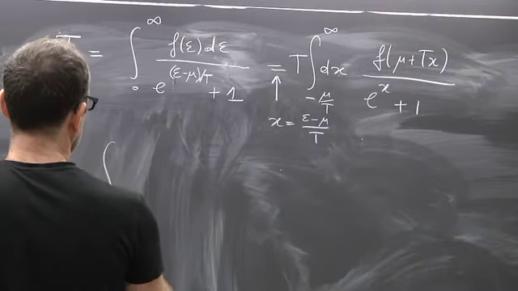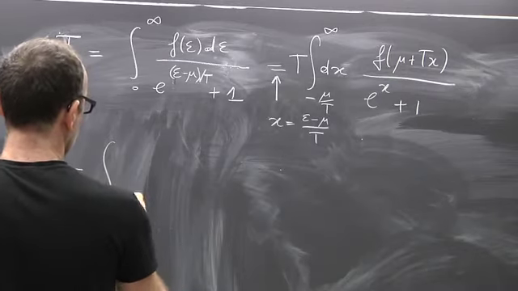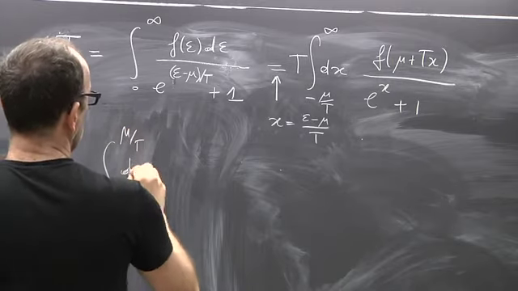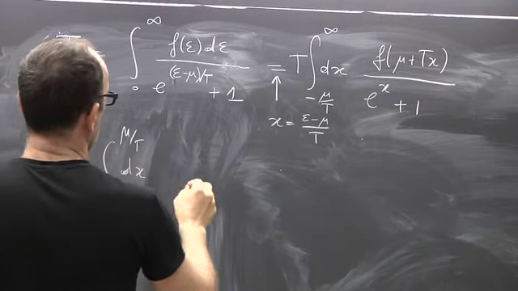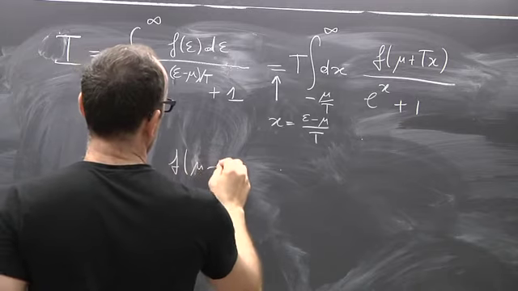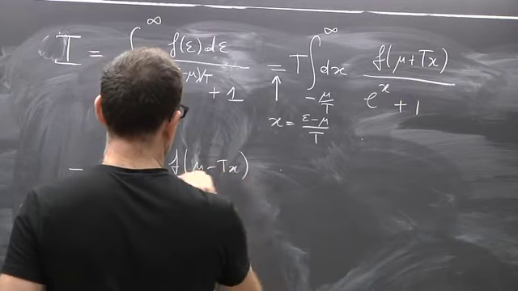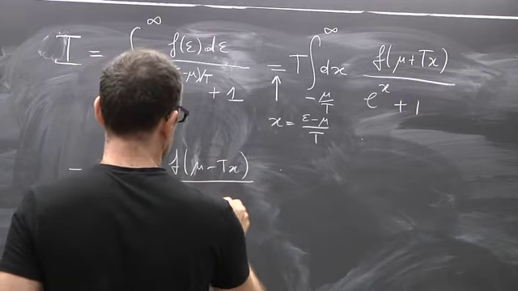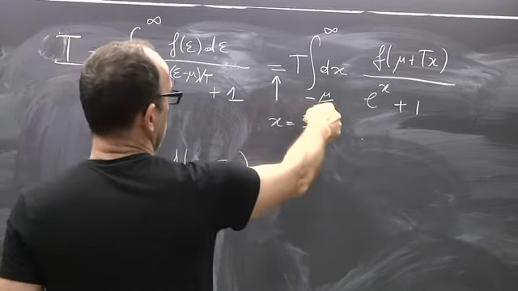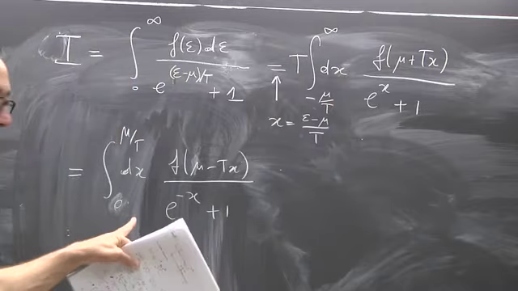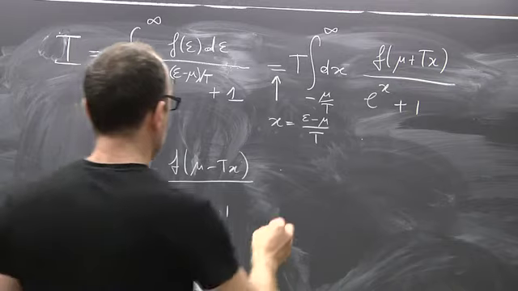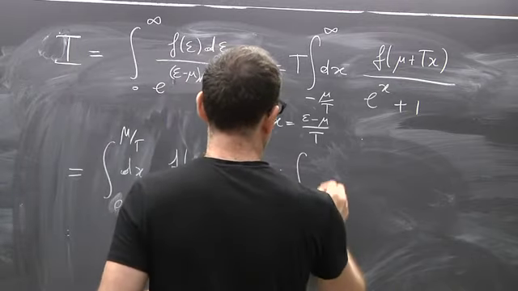So I can write it as integral from 0 to mu over t dx of f of mu minus tx divided by e to the minus x plus 1. So this is just the part of this integral from minus mu over t to 0, where I've changed x into minus x. Okay? And then there is the part from 0 to infinity,